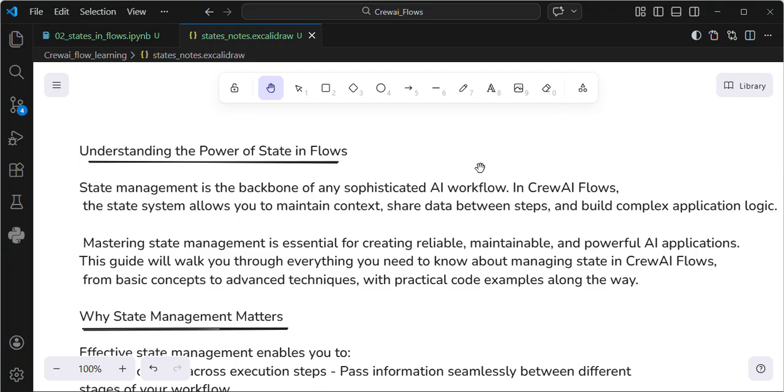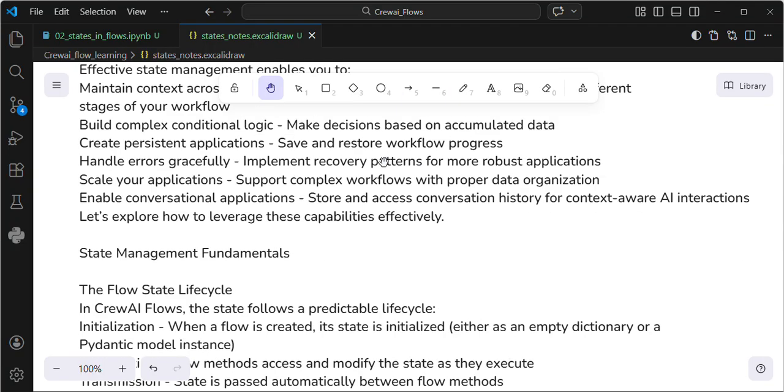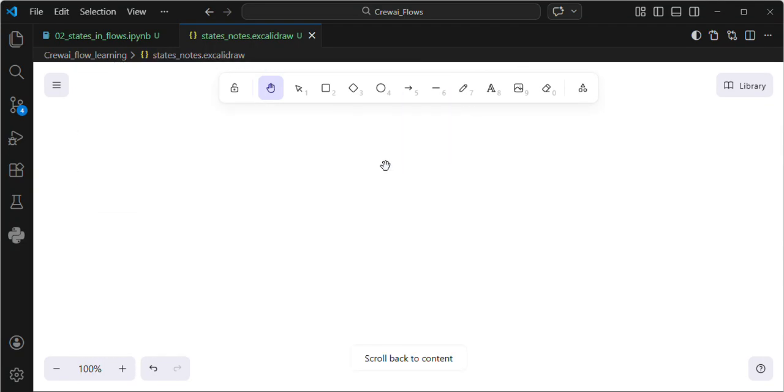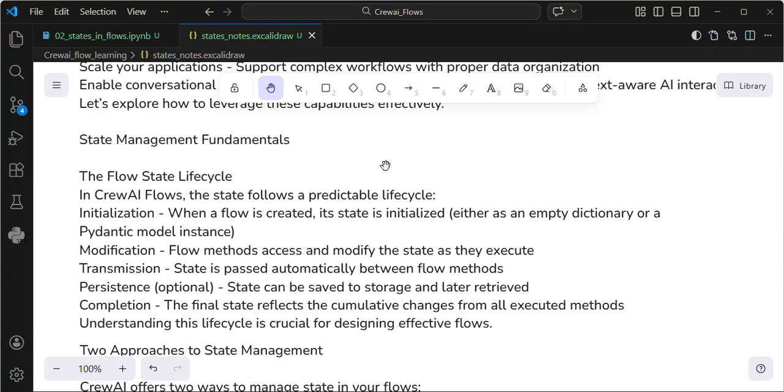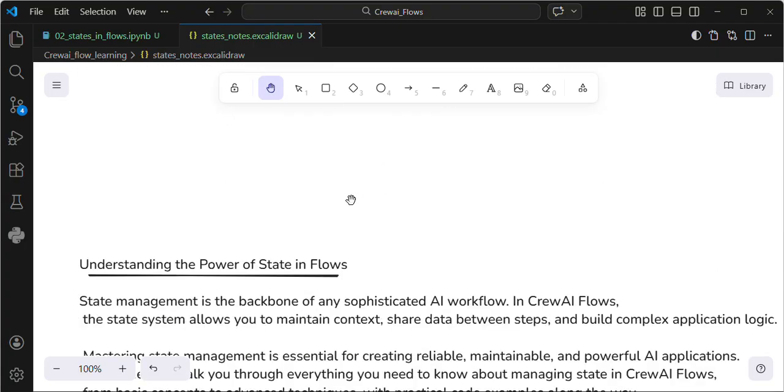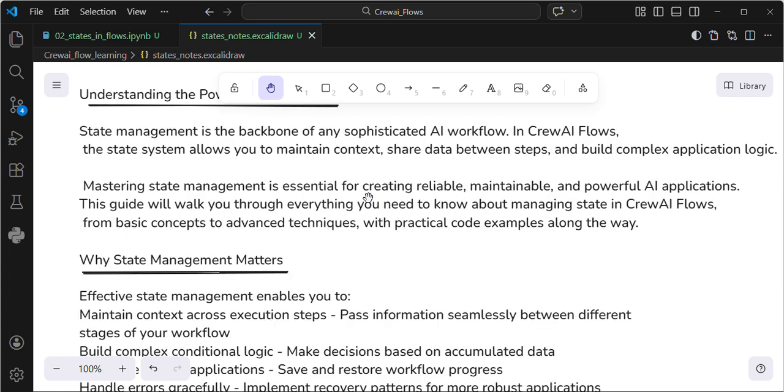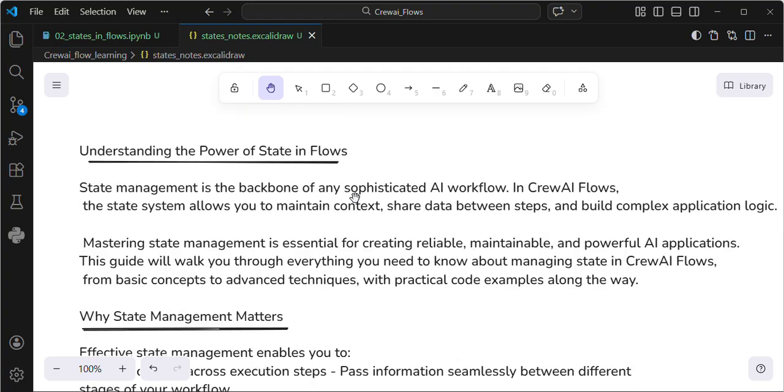So let's start. I specifically created notes for all of you, and I would highly suggest you download this note or clone the repository. In the video description I provided a GitHub URL. Try to clone the repository in your workspace, so it will help you a lot to understand this in theoretical ways. So let's start.